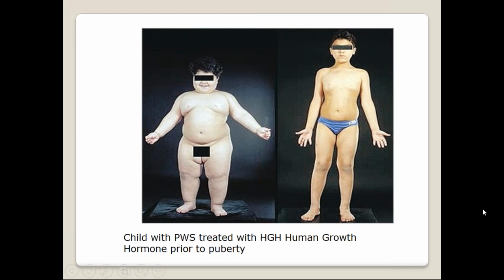So a lot of folks will say, can I go give the person growth hormone now that she's 28? I don't think so. But again, that would be something you'd have to get in touch with the doctors who know about Prader-Willi syndrome and how it can help. But please remember, this young man will have the benefits of a physical stature. He will not quite ever reach normal stature, but closer.